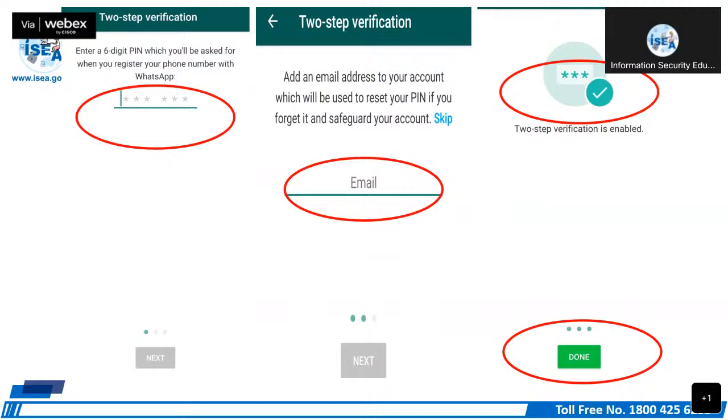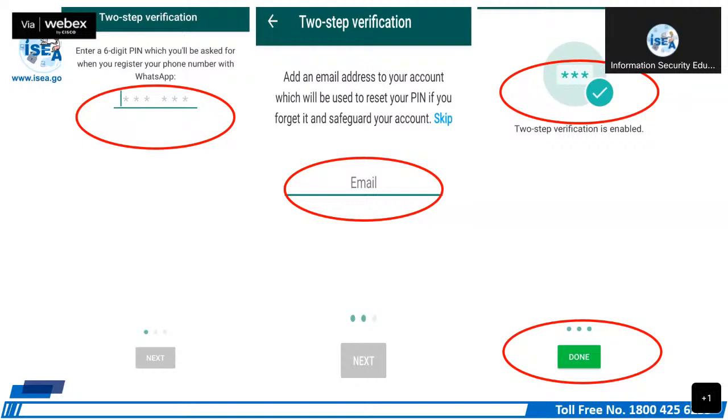You can enable them and safeguard your account. If you keep two-step verification and, unfortunately, someone loses their mobile, no one can open their WhatsApp account since it is locked, unless they know that number. Hope I'm clear.